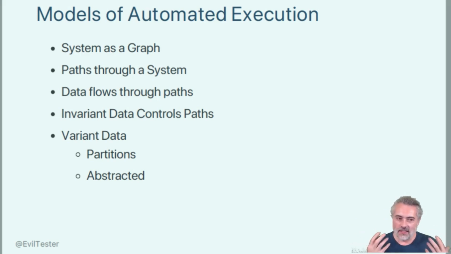Then within the data, we've got partitions of data. So if someone is over 18, it doesn't really matter how much older, anything above 18 is equivalent. It's in a partition. And we abstract that into concepts: valid age, valid email, invalid email, right? We've got partitions, which are abstractions. And abstraction is a key modeling approach when we're modeling.